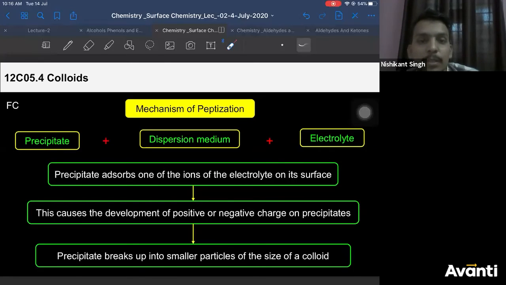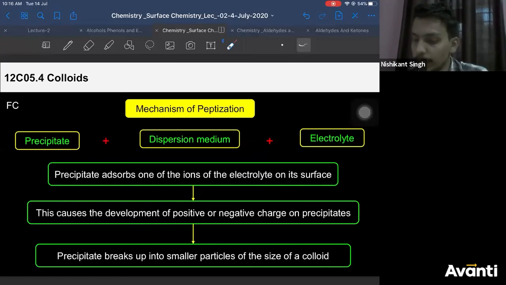Peptization means suspension can be converted. You can say that, Pranav, in a way you can say that. Which ion will it adsorb on its surface first? That depends upon the precipitate, Sakshi. It's not common for everything, right? I'll give you an example and tell you. Just a minute. I'll give you an example. Okay, Pritesh.